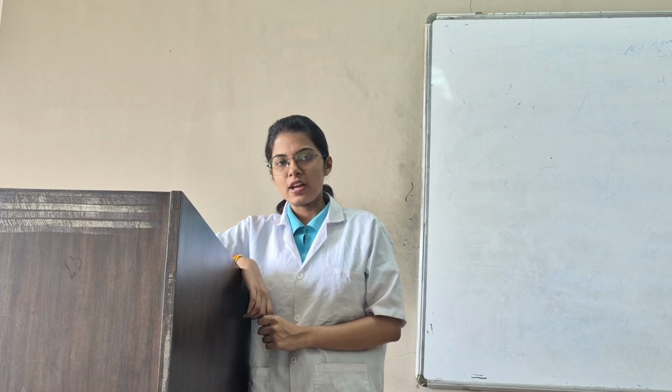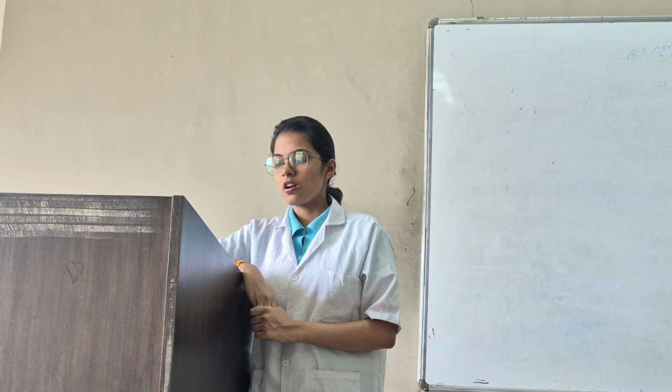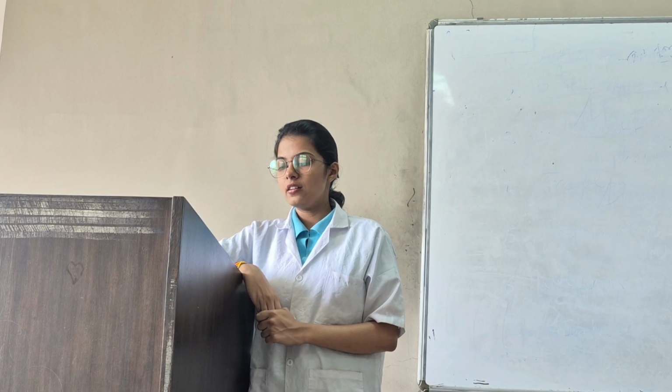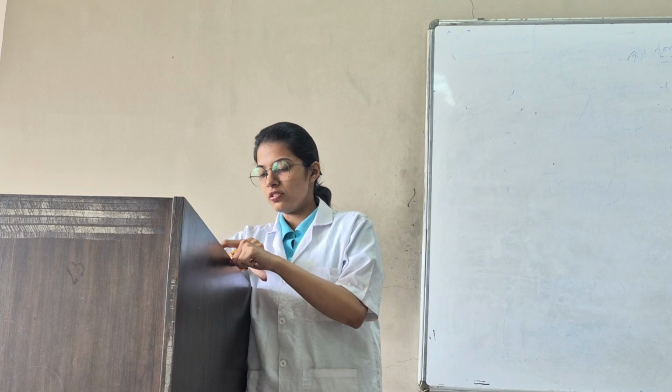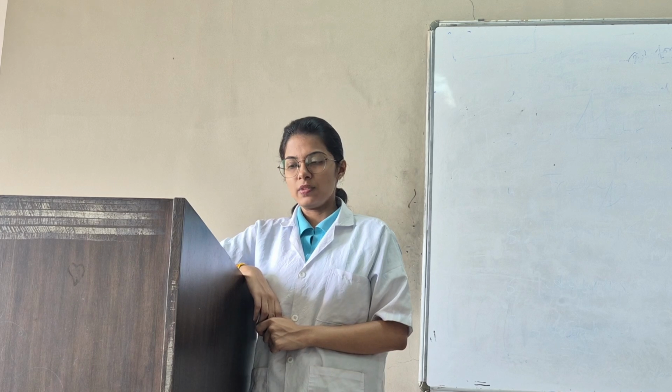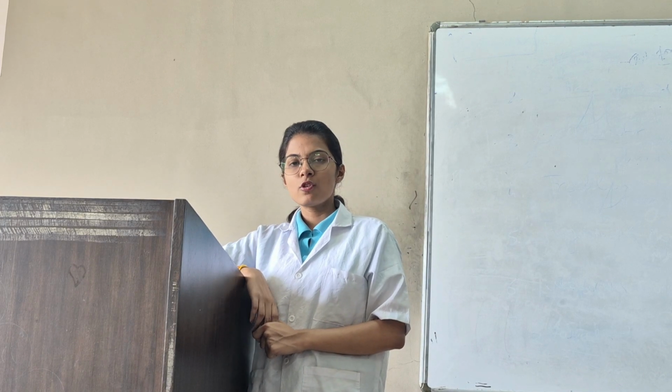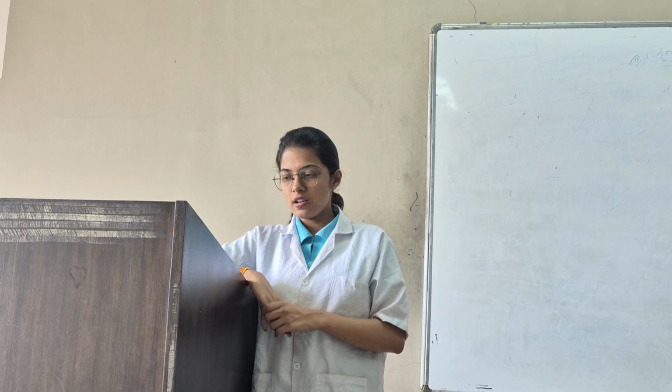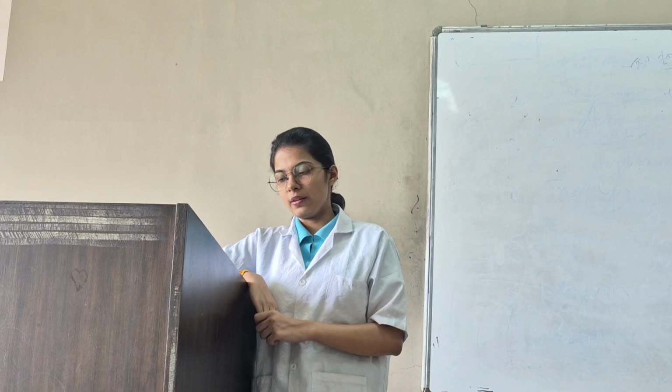So, location of the axis. The axis of the ankle joint passes from the medial malleolus of the tibia to the lateral malleolus of the fibula. It extends from the lateral malleolus downward, forward and medially towards the medial malleolus. Why is the axis oblique? The lateral malleolus is positioned more distal and more posterior. Because the two malleoli are not at the same level, the axis connecting them becomes oblique.